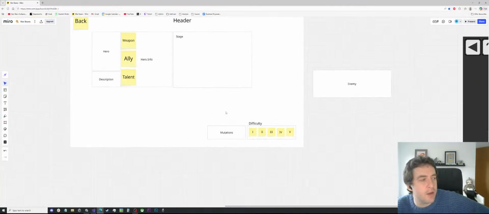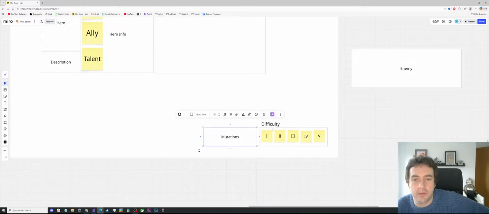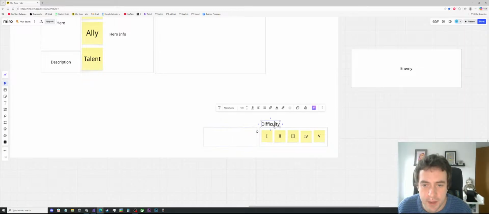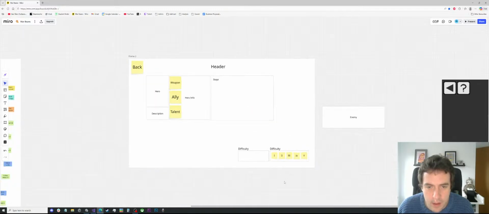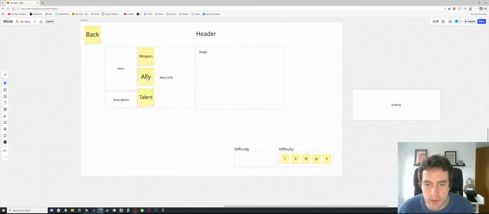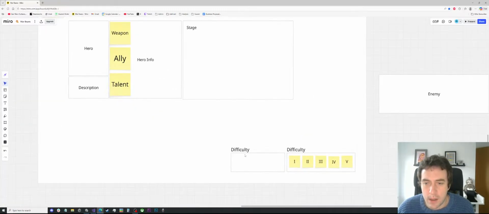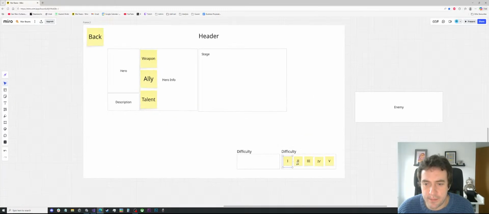And these two are like siblings, right? They live next to each other. Difficulty and mutations. And once again, we can keep with this style. So I'll just copy paste that and pop it over here. And maybe they ought to be the other way around. So we could say